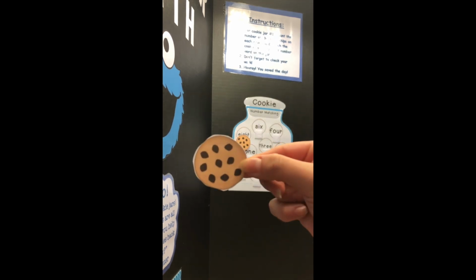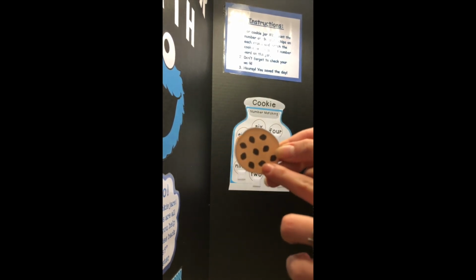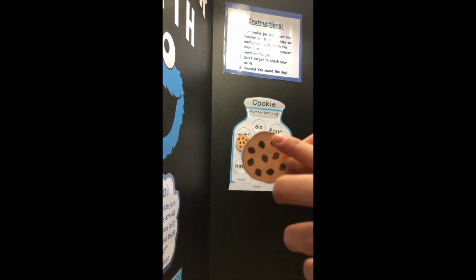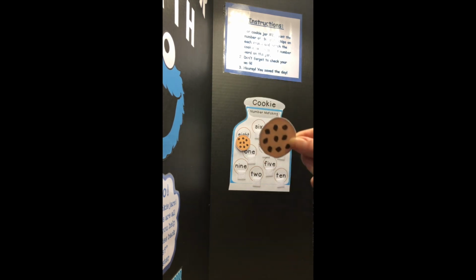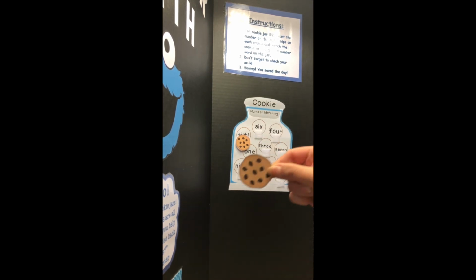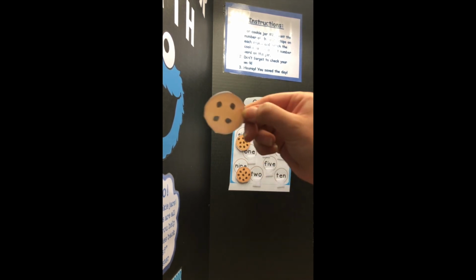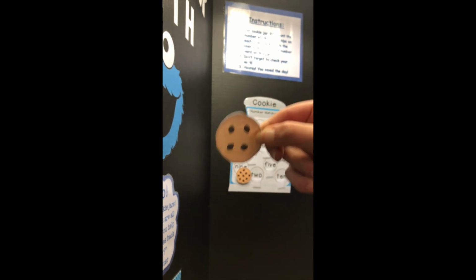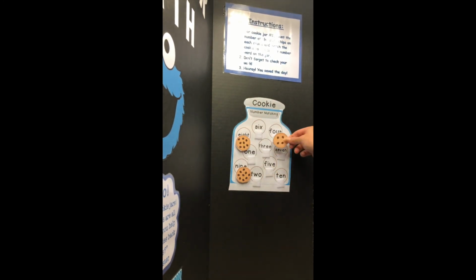So here's another example. This cookie right here has 1, 2, 3, 4, 5, 6, 7, 8, 9 chocolate chips. So this one would go on the 9 spot. And then of course you would go and so on. This cookie right here has 1, 2, 3, 4 chocolate chips, so it would go on the 4. And it's important to note that